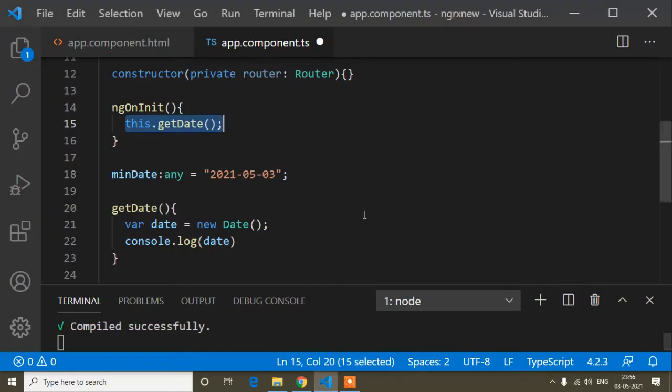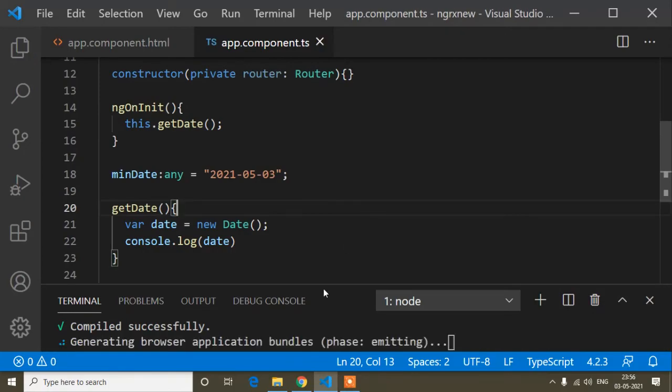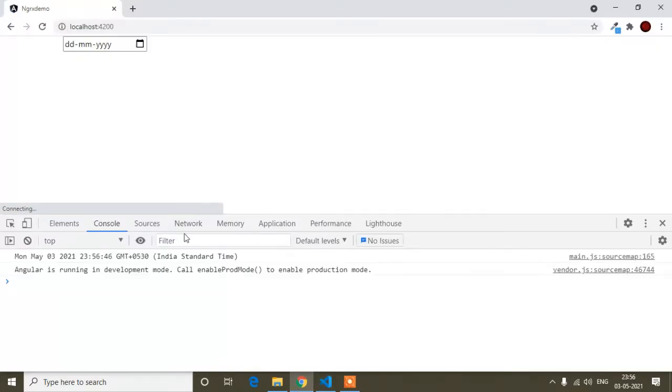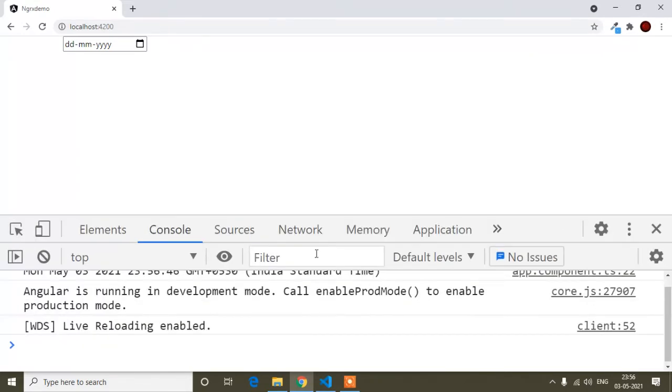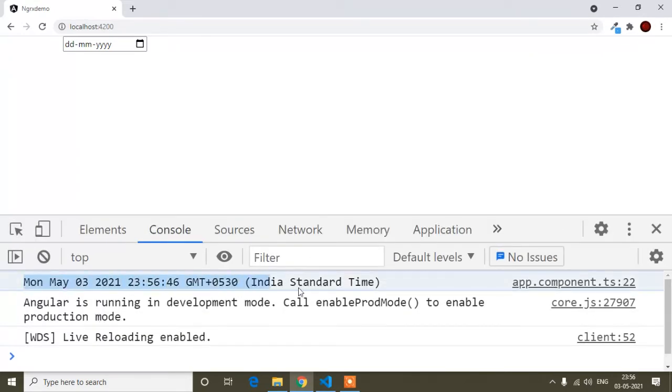sorry, I forgot to save here, so I will save, and now when it is refreshed, if I increase the console size, you can see this is the date. Here I am getting the whole date.